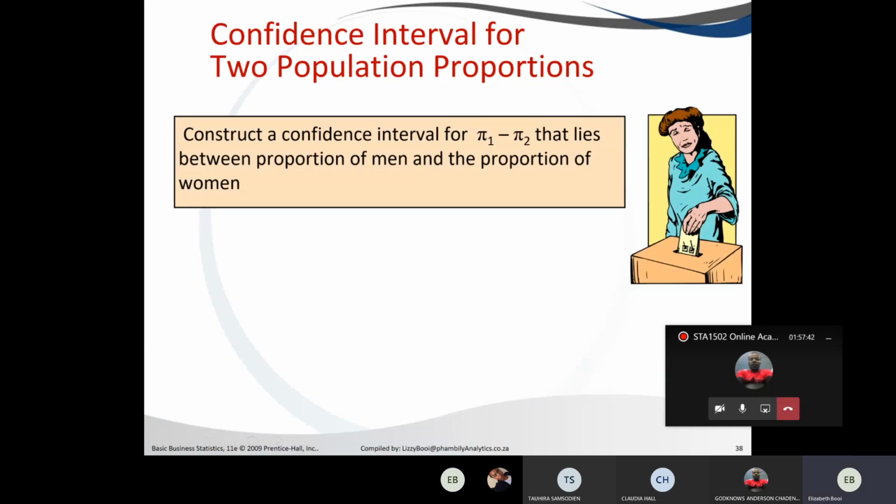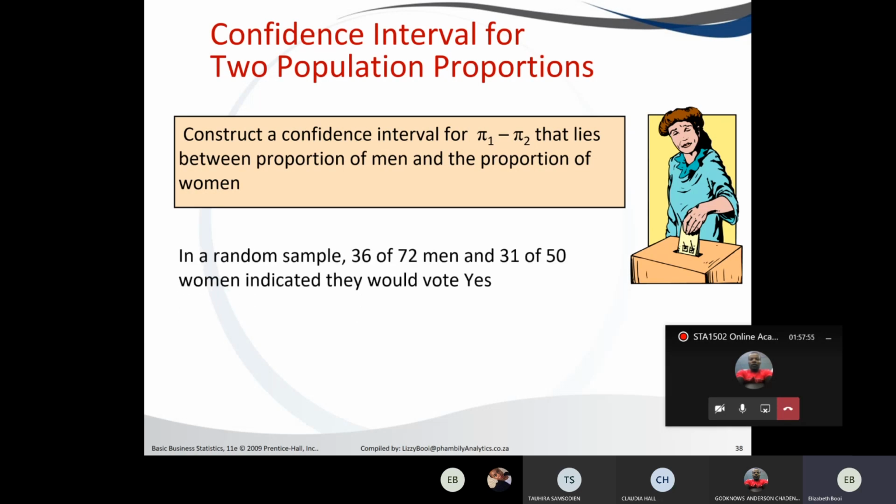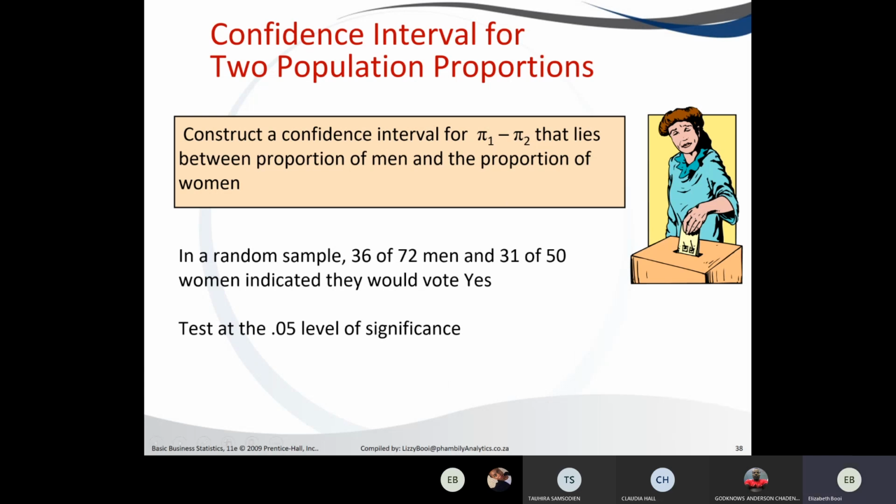So let's construct a confidence interval for the population proportion that lies between the proportion of men and the proportion of women that have voted for proposition A. We have the information, so we need to go and test this statistic. To do that, we know the formula. Our formula is p-hat 1 minus p-hat 2 plus or minus our critical value of Z alpha divided by 2